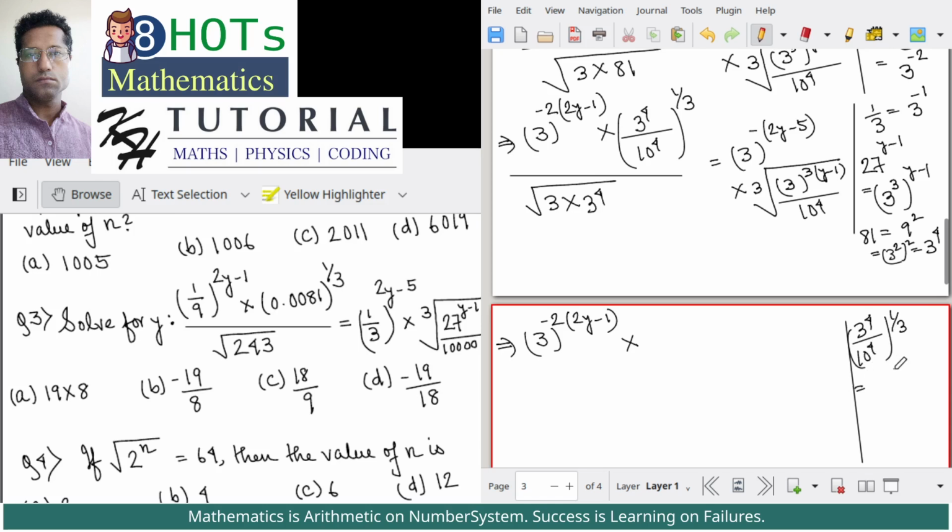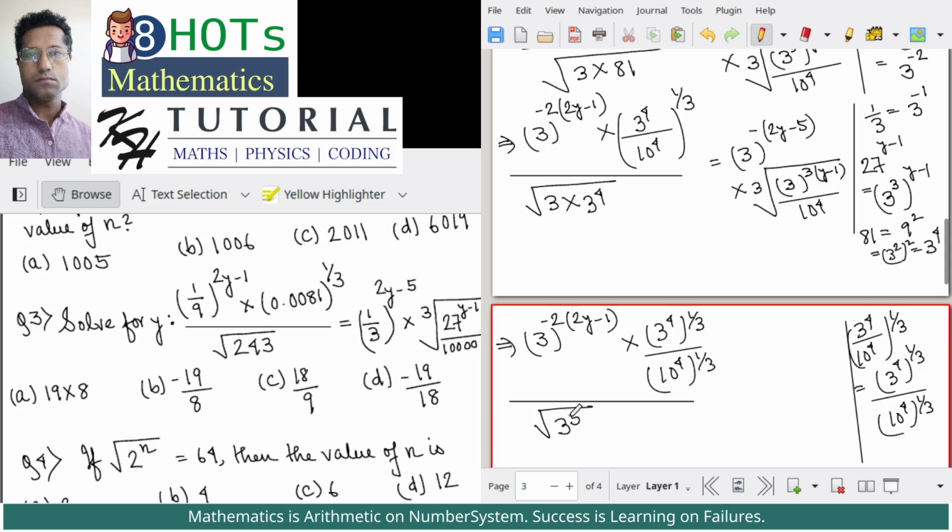I'm expressing it in the rational form, that is, this will be 3 to the power 4 whole raised to the power 1 by 3 divided by 10 to the power 4 whole raised to the power 1 by 3. So we are having 3 to the power 4 raised to the power 1 by 3 divided by 10 to the power 4 this whole raised to the power 1 by 3 divided by square root of 3